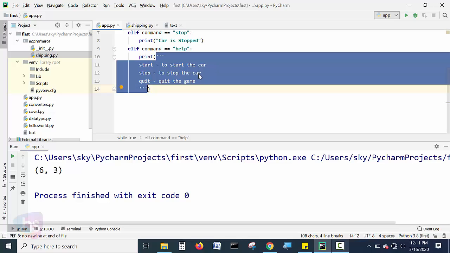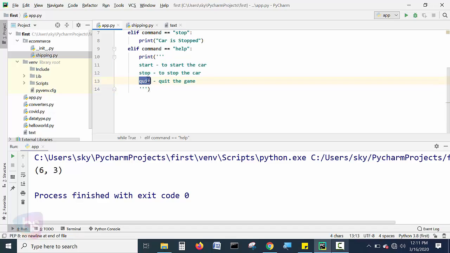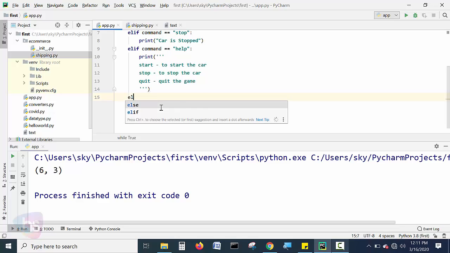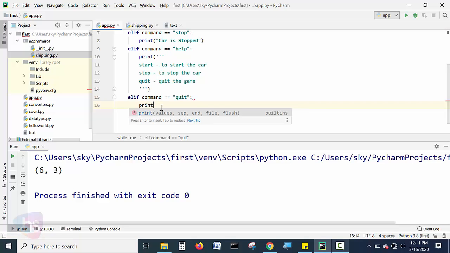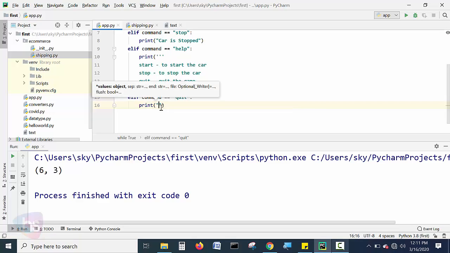This is the syntax, as you know about it. In basic information we have that, and quit we have mentioned here for quitting the game. And elif we need to mention: if command is equal to double quotes QUIT, what it says is print, or else you can simply mention break, simply terminate the loop from here itself. All right, and else